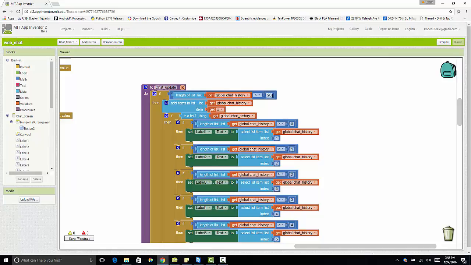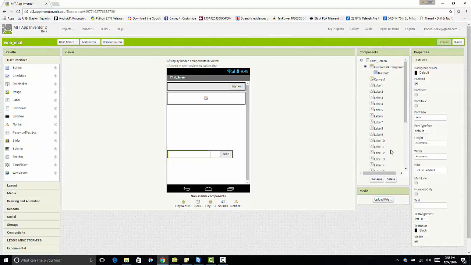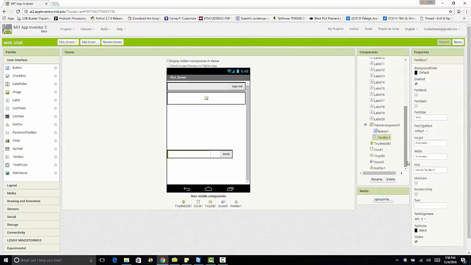But if I wanted to make it to where I could store more than 20 messages, maybe I wanted to do 200 messages, that's where I would change that, right there. But then I would also need to add 200 labels. That's going to be quite a few labels, just so you guys are aware. And then at that point, you're going to want to make it to where your application can scroll. And so you're going to have to make your application scrollable,